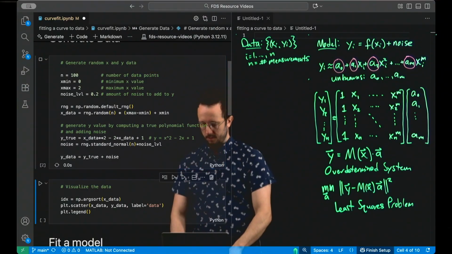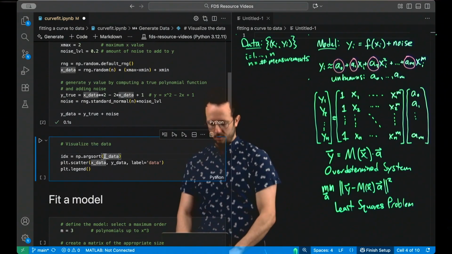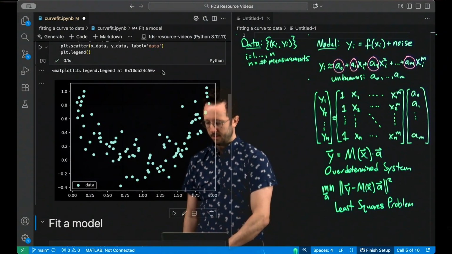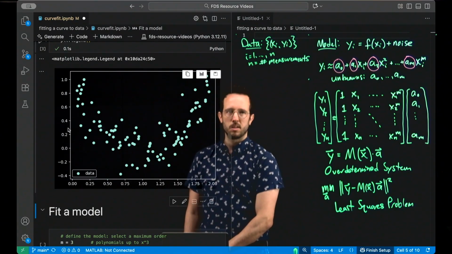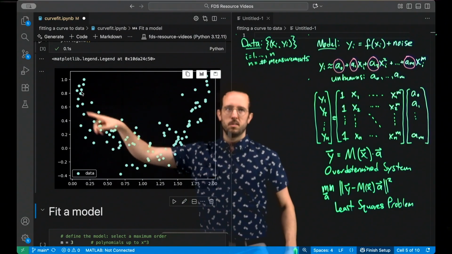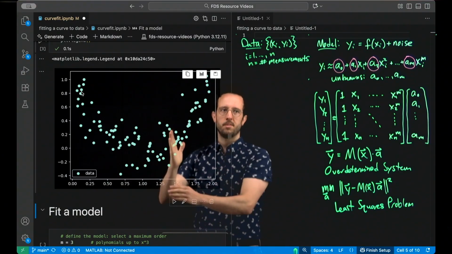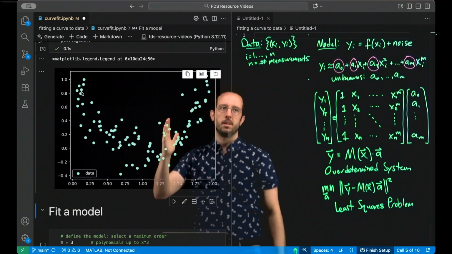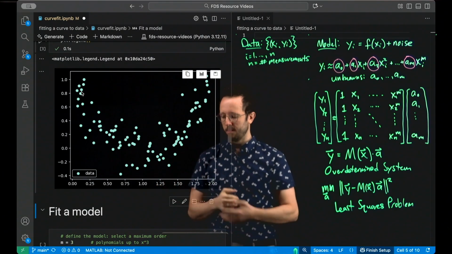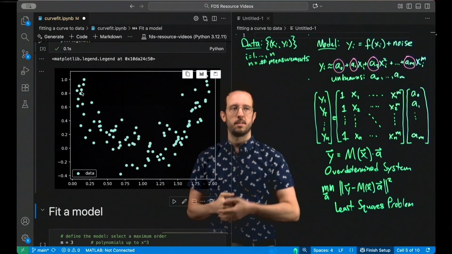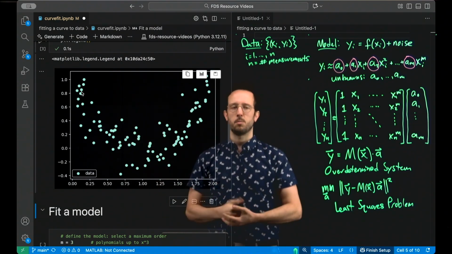Okay, so let's run this cell. So now we have x data and y data. And what I want to do at this stage is just to quickly visualize the data. Okay, so x is on the x-axis and y is on the y-axis, and you can see some relationship between x and y, but there's quite a bit of noise. So at any given x value, the y values range quite a bit. And the magnitude of that range is on the order of 0.2, since that's the noise level that we picked. So our task in regression is to draw a polynomial function through this set of points that approximates it well.